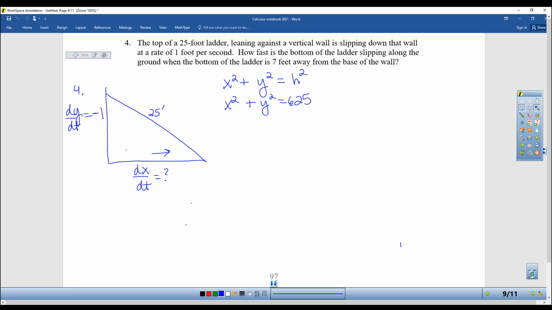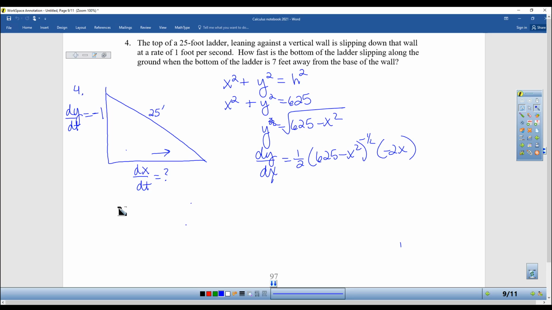Now this is where we can take a little bit of a shortcut. So if I did this right now, the traditional way to do it, do not write this down. I'm just going to show it to you really fast. y squared is equal to the square root of 625 minus x squared, and then you would find dy/dx, which is equal to 1/2 times (625 minus x squared) to the -1/2 times -2x. And now you could use your chain rule. You've got your dy/dx, your dx/dt, and your dy/dt. This would work. There's nothing wrong with this. However,